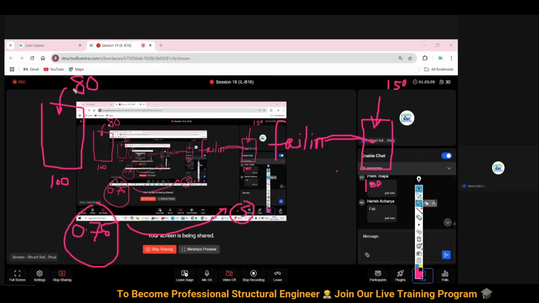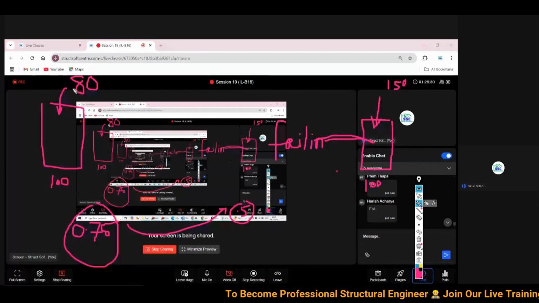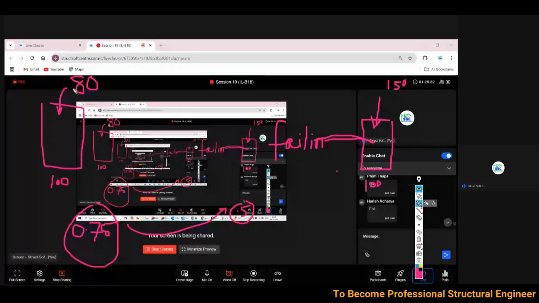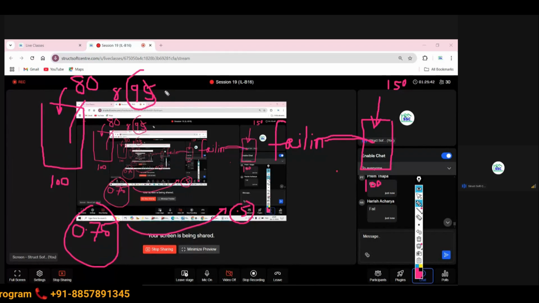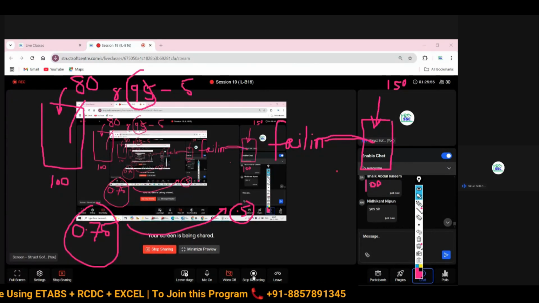Okay, it depends on me. What factor of safety would I like to take? So the capacity is 100 kilonewton, and I am limiting it so that if the load comes to, let's say, 95, I get the failure intimation. I am going to take a safety of 5%, that is, 5 kilonewton. So this is the case.